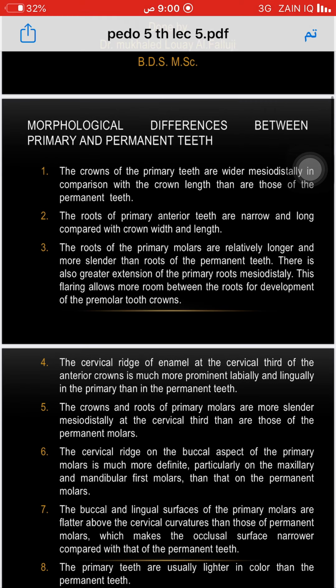The root of the primary anterior teeth are narrow and long إذا ما قورن ويا الكراون width and length. نقارن هسه الروت ويا الكراون of the primary anterior teeth. The roots of primary molar are relatively longer and more slender than roots of the permanent teeth. هاي حتكون كلش واضحة. There is a greater extension of the primary roots